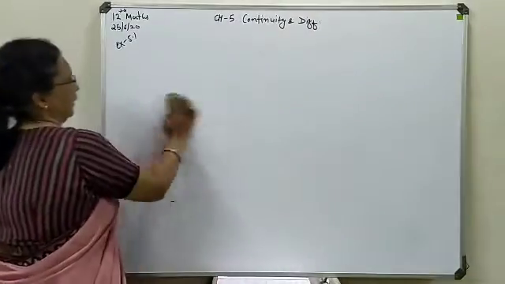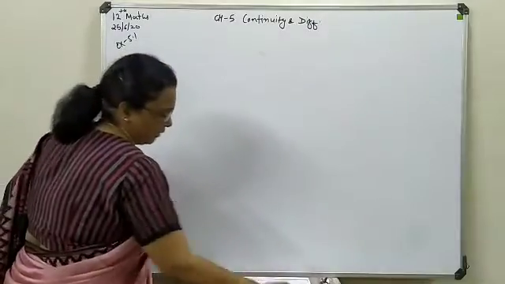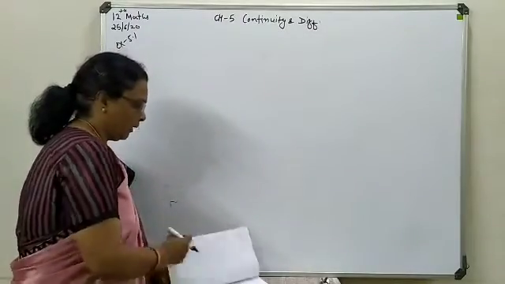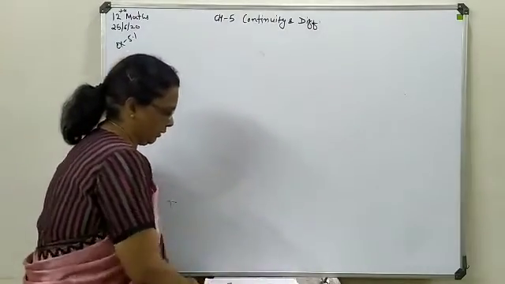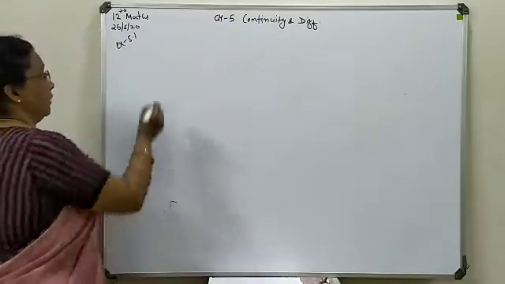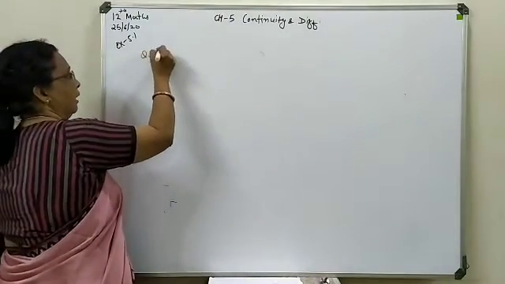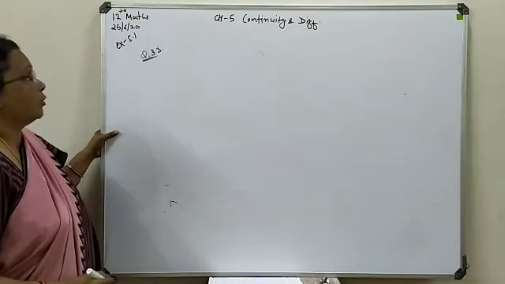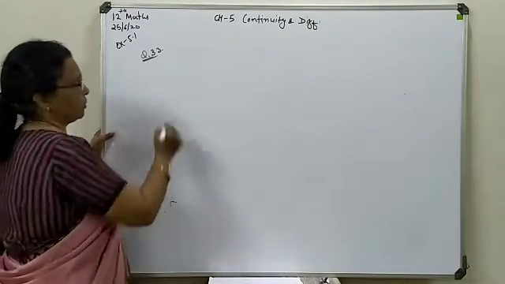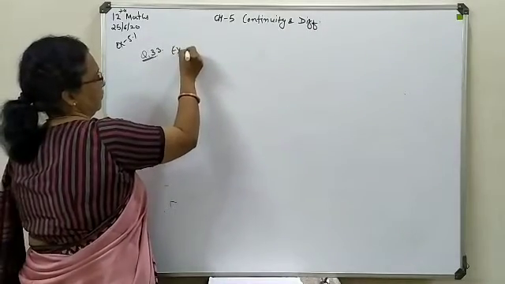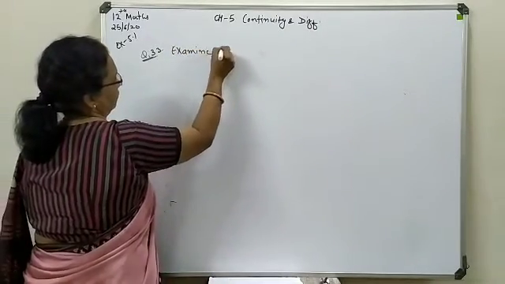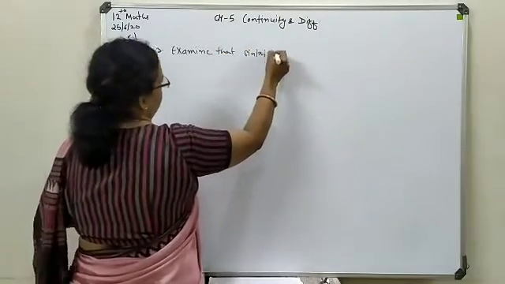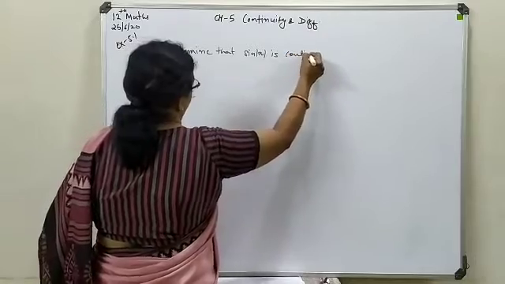Now you can see at the end of this exercise we have some questions in which the terms are written in a combined form, and for that you have to check the continuity. So let us look at the last category of this type of question, question number 33, in which you have to check whether sine of absolute x is continuous or not.